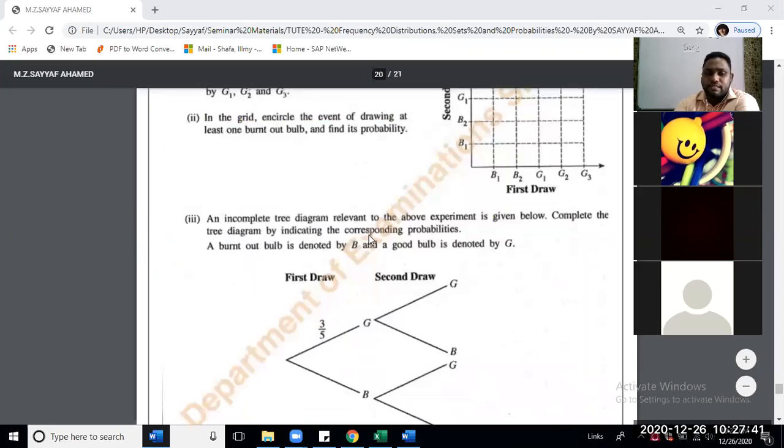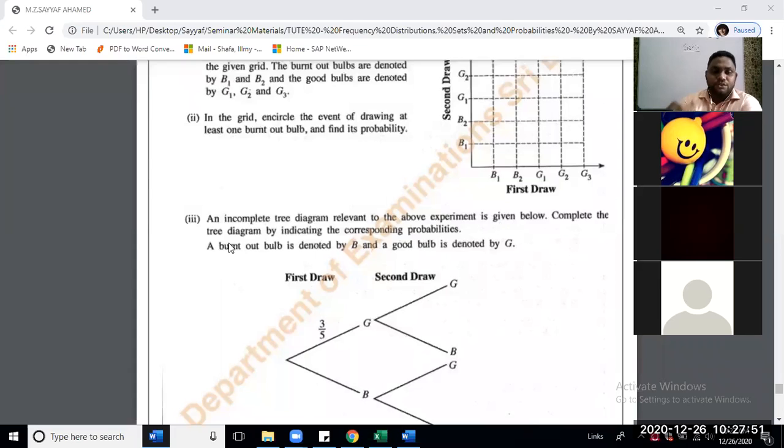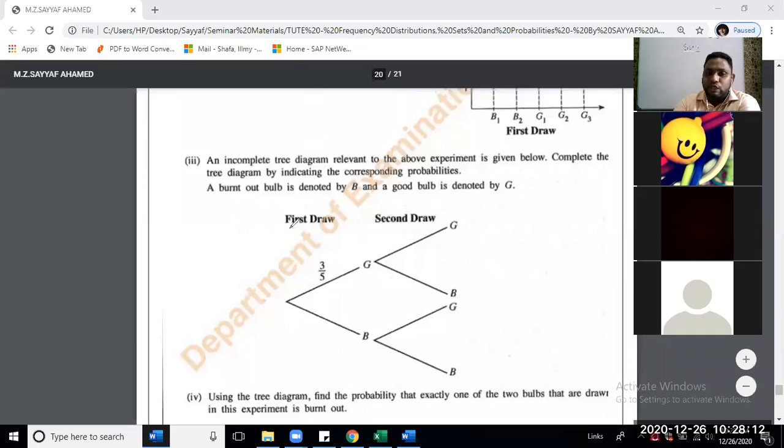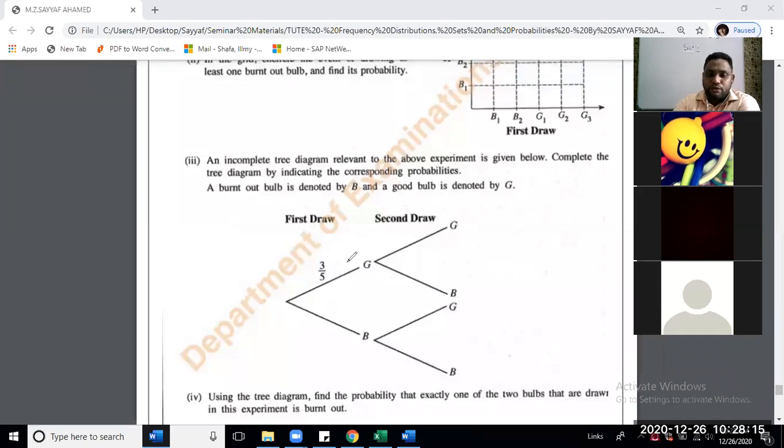For the same event, they say an incomplete tree diagram relevant to the above experiment is given below. Complete the tree diagram by indicating the corresponding probabilities. So we have identified that this is a mutually exclusive event, right? So the good bulbs are 3 and 2 out of 5 is your burnt out